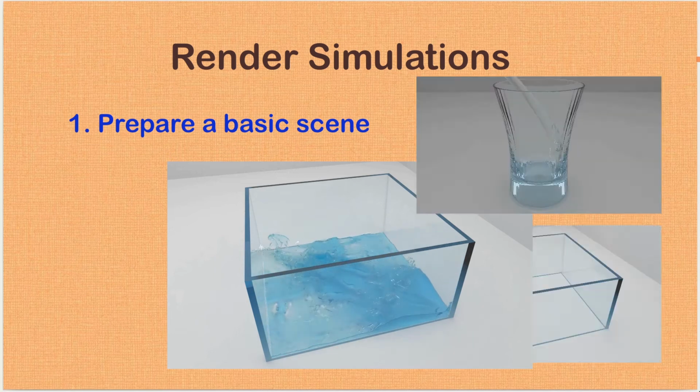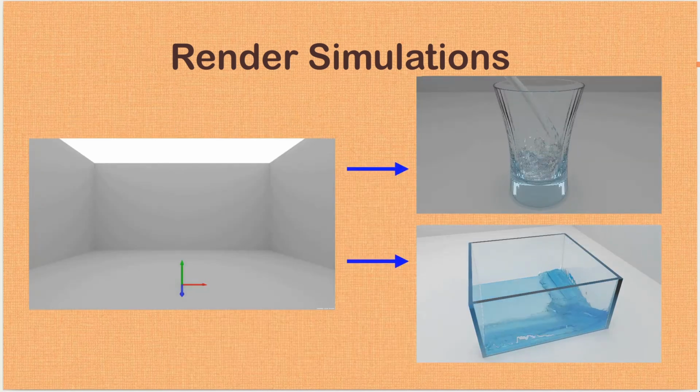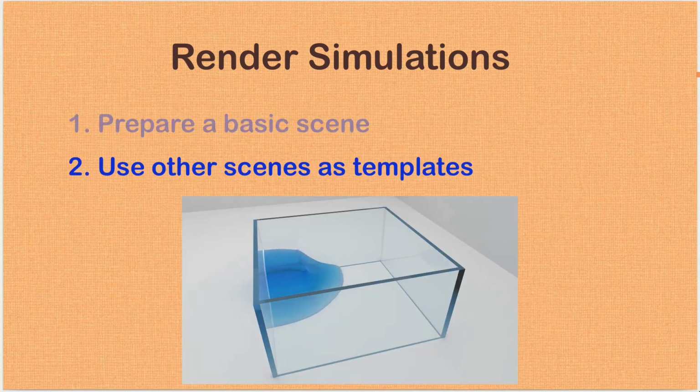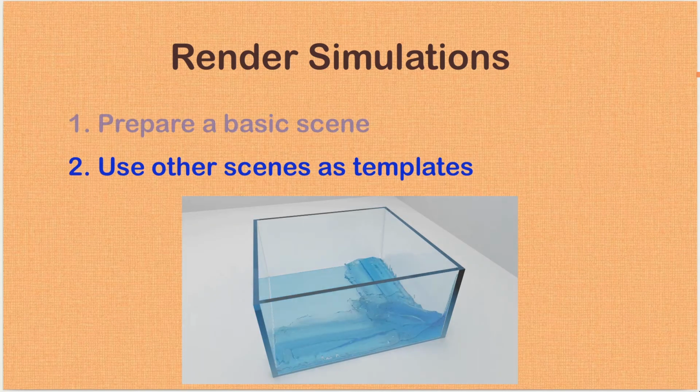What I mean by this is, for instance, irrespective of a simulation that you have performed, you may realize that you could render the simulation by using the basic studio scene that we are going to prepare in this video. You may also understand that all we have to do is to scale our case setup to fit into the studio and orient models or objects in our results in a way that is more intuitive to us and of course look good. Apart from preparing a basic scene, we will also be able to prepare or use a subset of existing settings from scene files that are prepared to render other simulations.